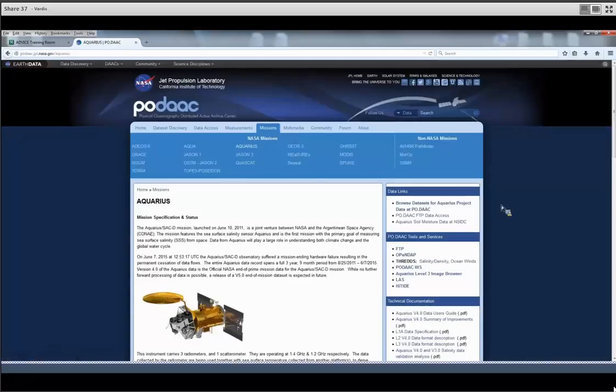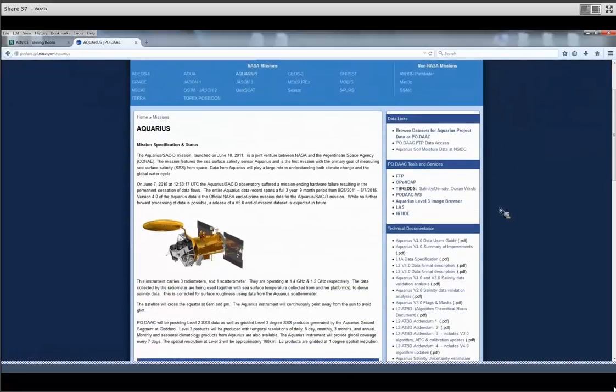And if you remember from the tutorial and material presented in the first week, the one-stop shop for all types of information, technical documentation, and other data resources relating to the Aquarius mission at the PO.DAAC is this Aquarius mission page. Now, on the right-hand side here, you'll see PO.DAAC tools and services, and we covered some of these things like OpenDAP, THREDDS, PO.DAAC web services for discovering, accessing, and subsetting data over the web on the fly, a programmatic approach